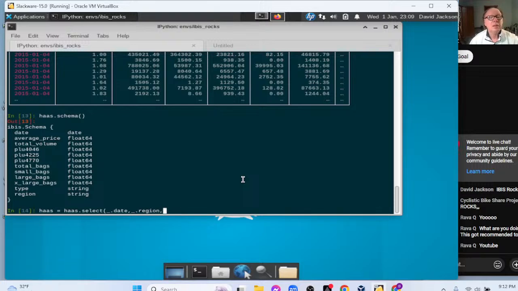So again, it's underscore dot region, comma, underscore dot type. Type, by the way, is either conventional or organic, okay?